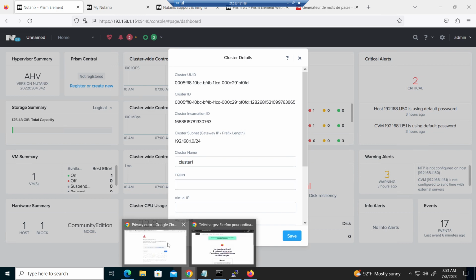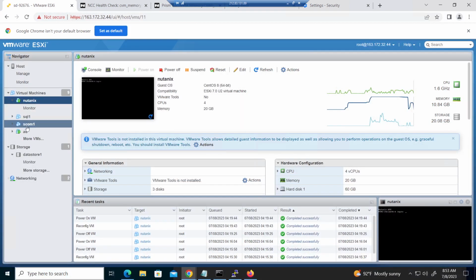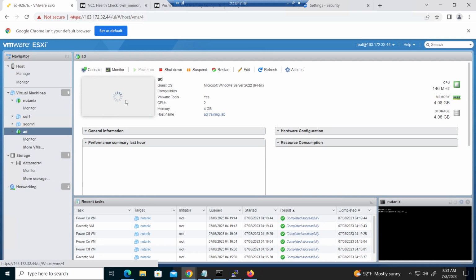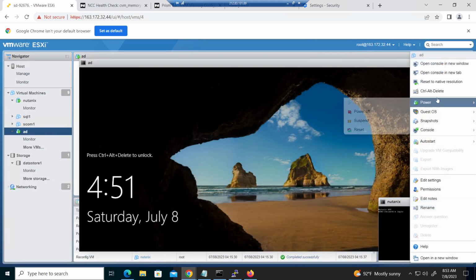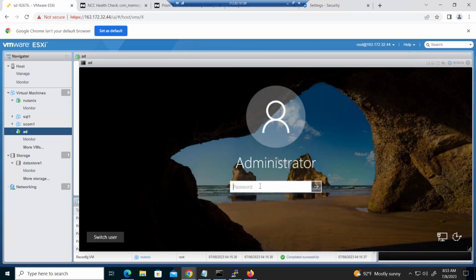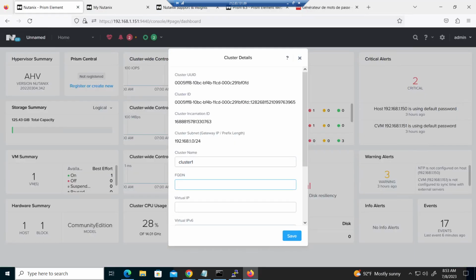Remember that it's my DNS server. It's this one. I don't know if you remember, but if I go here and I type welcome one, it's my training.lab. Okay. So if I go back here, I type training.lab. Okay, so I must here give the name like cluster one